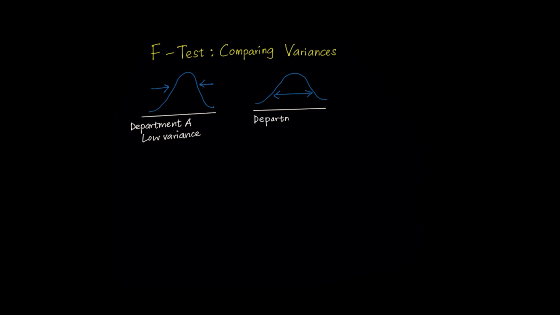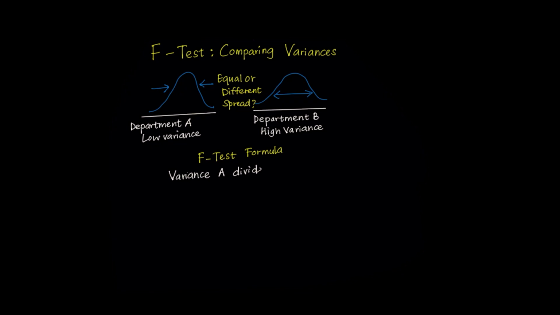assess equality. Think about what this means. Variance and standard deviation measure how spread out your data is, how much individual wait times differ from the average. An F-test takes the variance from one department and divides it by the variance from the other department to get a ratio. If the variances are equal, this ratio should be close to 1. If one department has much more variable wait times than the other, the ratio will be significantly different from 1,